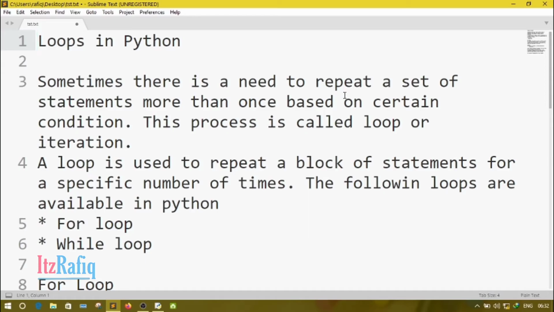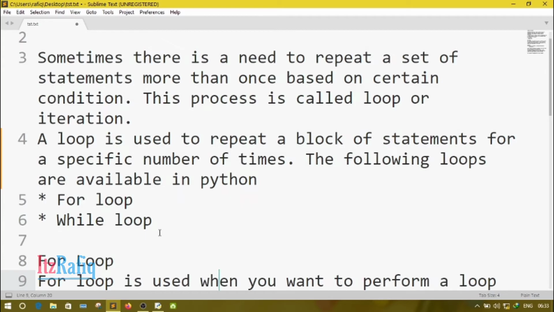A loop is used to repeat a block of statements a specific number of times. The following loops are available in Python. In Python we can use for loop and while loop. For loop